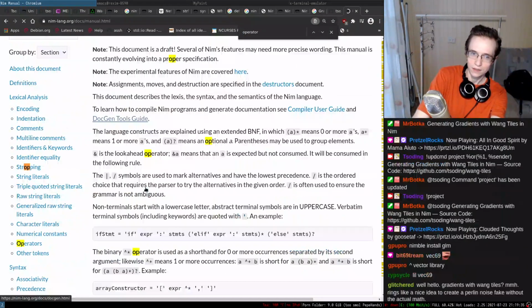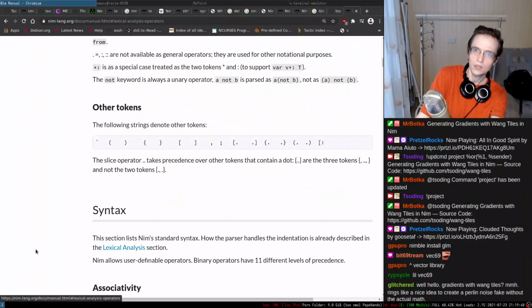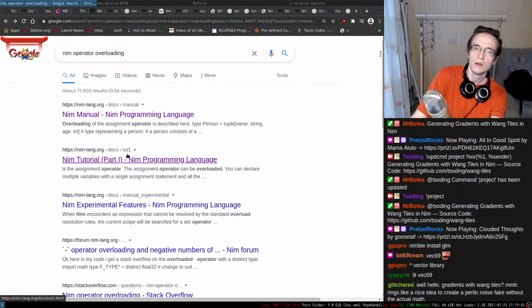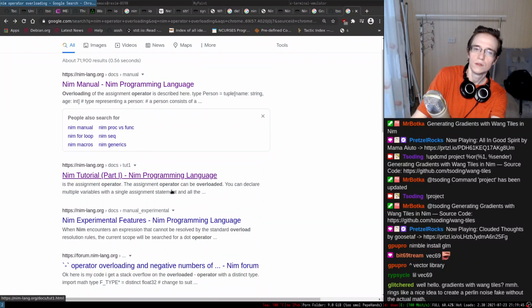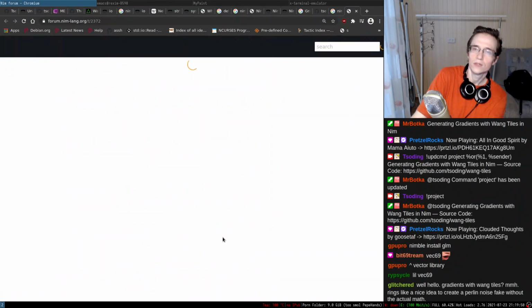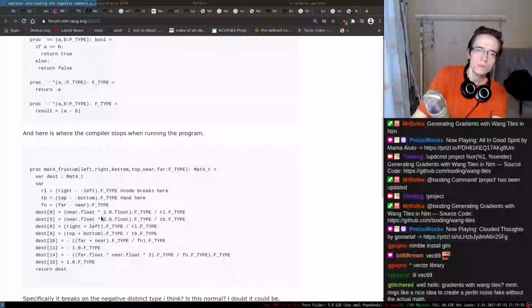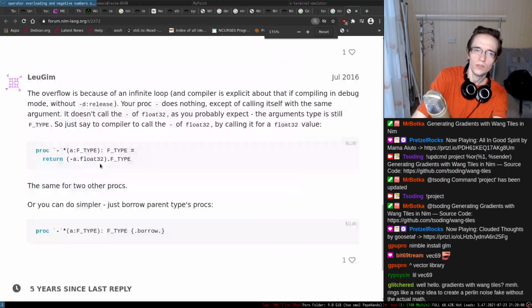So where is the operator? This is not what I wanted, Mr. Nim. Operator overloading. Overload resolution, operator overloading. I just need an example, please. Oh yeah, this is how we do that, I think.